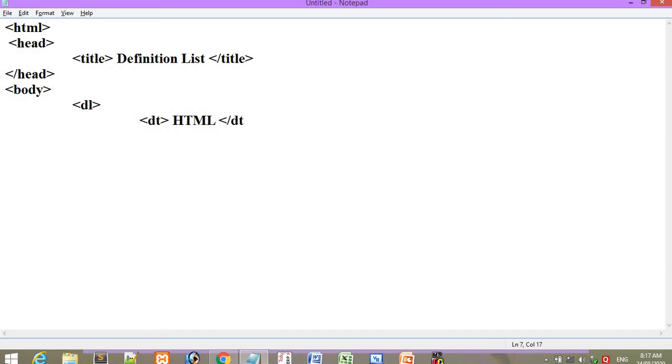It is necessary to close the definition term, and after this definition term I have to use my definition description tag, that one is the DD tag. Here I am giving a description: HTML is a standard programming language.